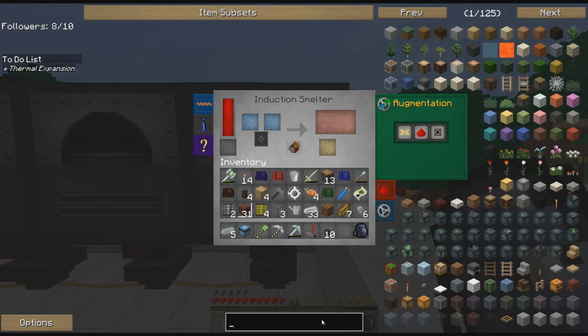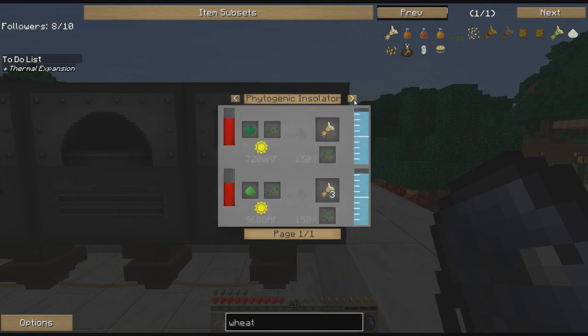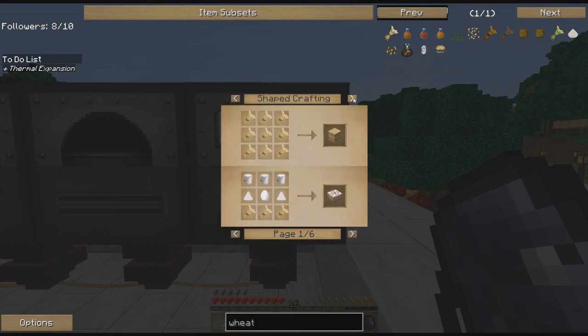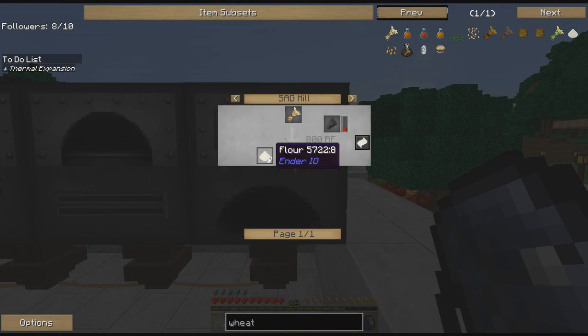Let's look at just how far we can take that duplication. If we take wheat and we put it into a sag mill, we are guaranteed to get 2 flour. So we've doubled our wheat, we've got 2 flour. Now if we put it into the redstone furnace with that augmentation, we're going to get back 4 bread. Now if we take those 4 bread and put it back into the same furnace, we're going to get back